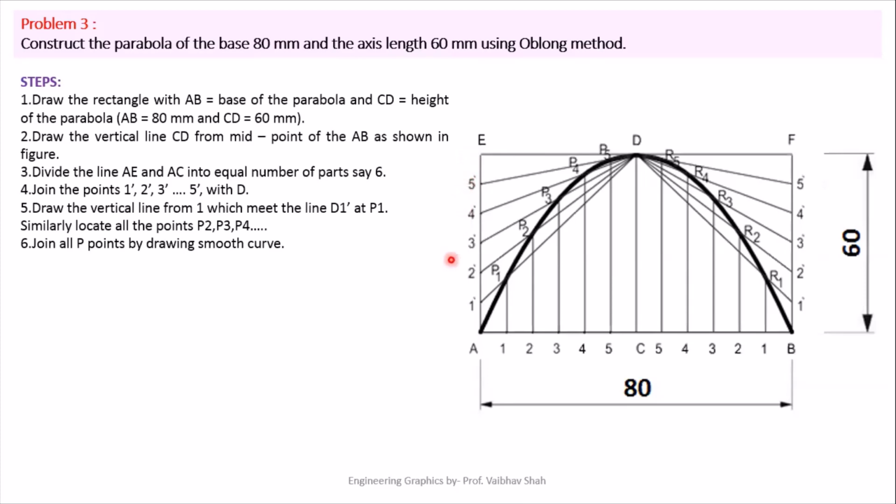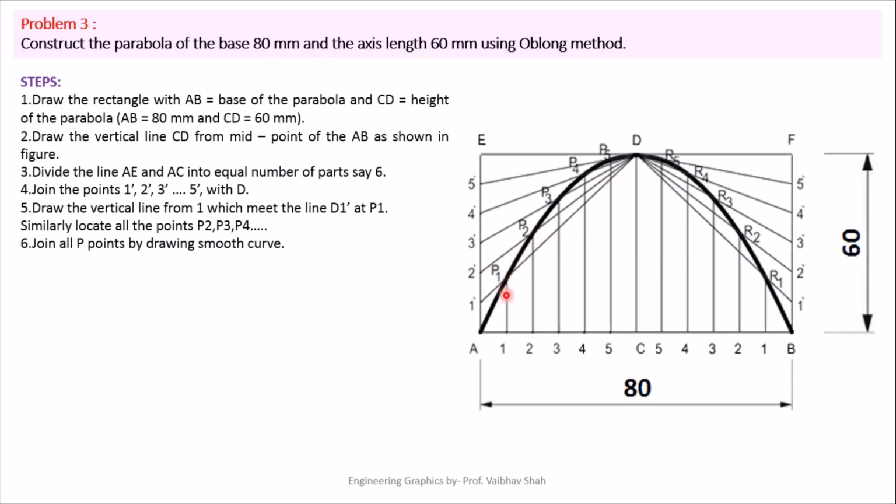After getting all these points, we'll be connecting all these points to your vertex point D. So let us draw lines from 1 dash to D, 2 dash to D, 3 dash to D, 4 dash to D and 5 dash to D. Very simple. After that, we'll be drawing vertical lines parallel to the CD line. So let us draw vertical line from 5 touching the 5 dash D line. Draw vertical line from 4 which is touching your 4 dash D line somewhere here. Draw vertical line from your point 3 which will be touching your inclined line 3 dash D somewhere here. Draw your vertical line from your point 2 which will be intersecting your 2 dash D line somewhere here. And draw vertical line from your 1 which will be touching on your 1 dash D line somewhere here.